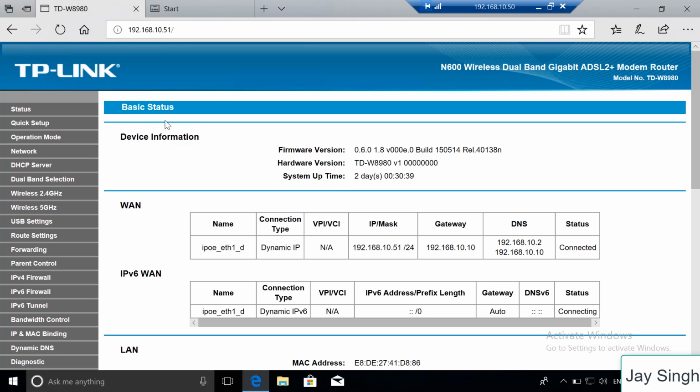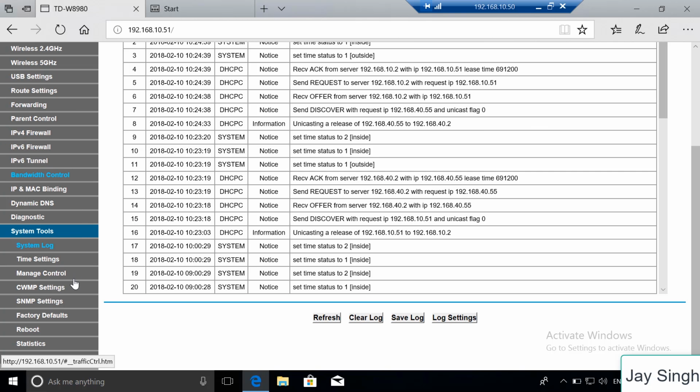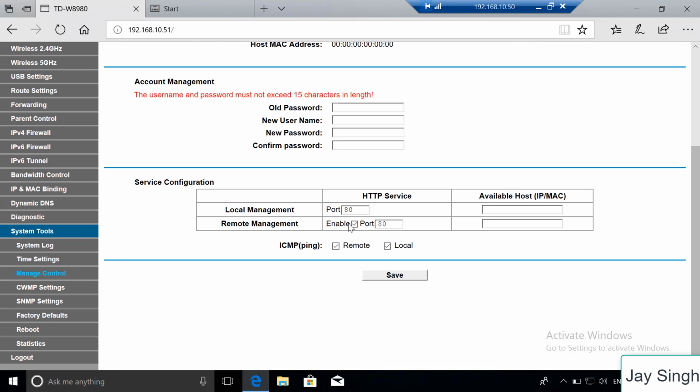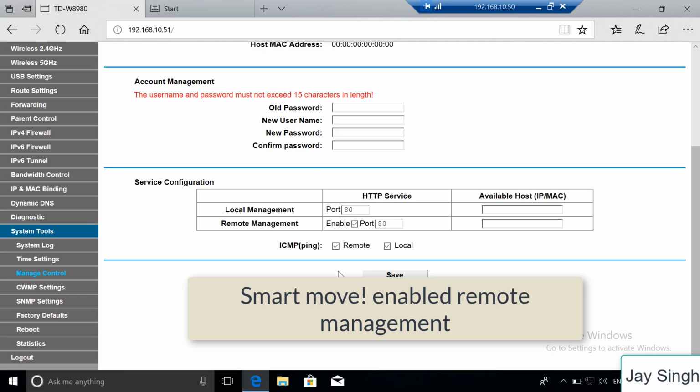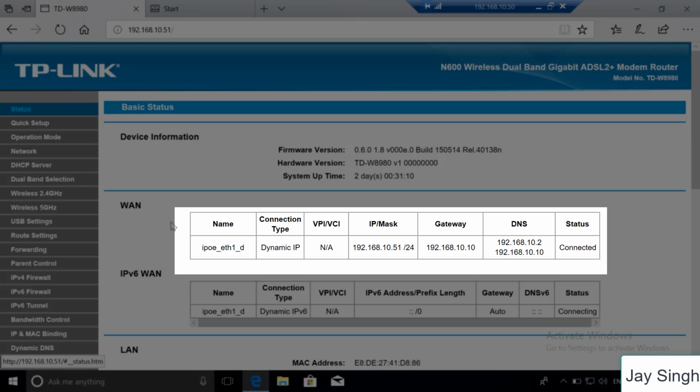Because I logged into my wireless router modem before, and I have tweaked some settings here. In system tools, I have got manage control. Here I have tweaked one setting, which is I clicked on remote, so I can control remotely. If I look at the status, it has got